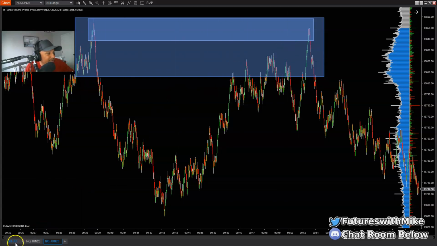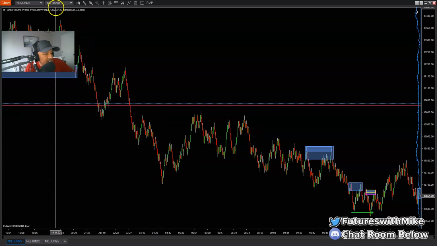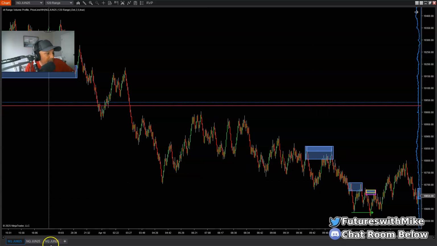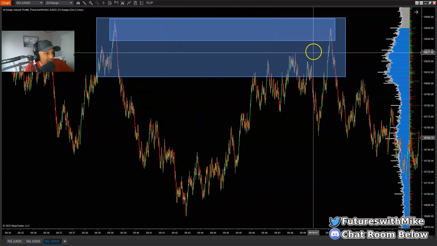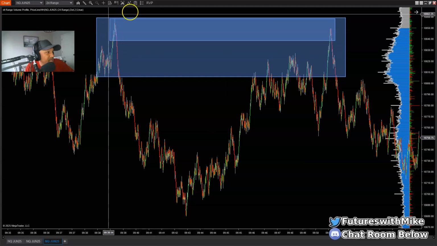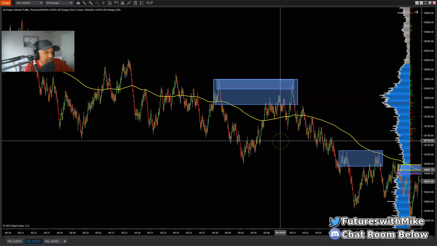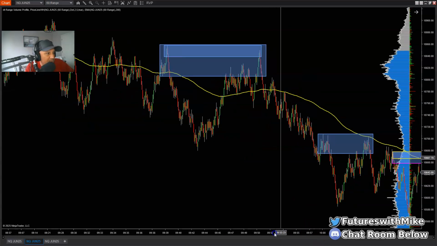But typically, if I can't find anything on like a 120, so this is actually the setup started off the 120. We got that supply zone resting right there. But when I go down to my 24, there is not a high probability 24 range supply zone resting on the inside of the 120. So I just moved up one to my 60 range chart, and there was one there. So I would get in the trade here on the break and close,